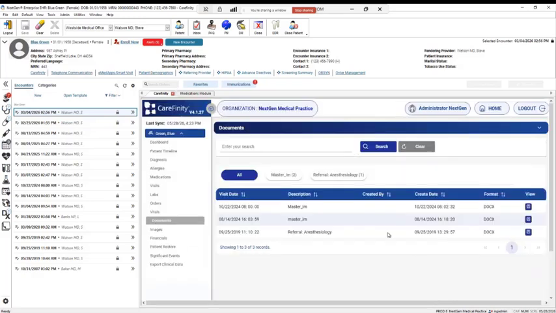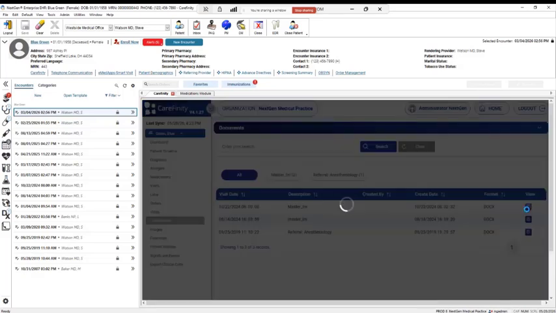Documents are going to show you patient's document history. These are going to be those notes that have been created. The way we do that in CareFinity is the first tab is a chronological tab, so chronologically descending all of the different documents this patient has. You'll see the date and time of the visit, the description of the document, the user that created it, the create date time. The format is really for our use to render that document,